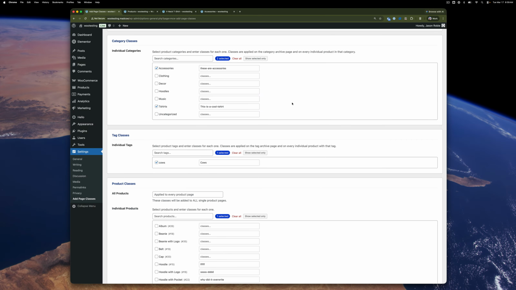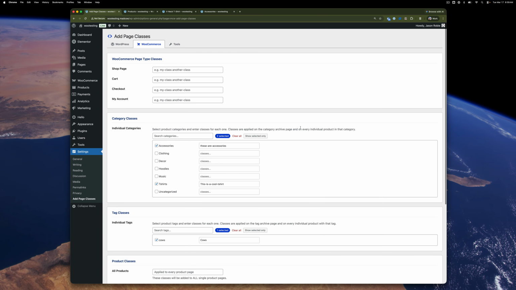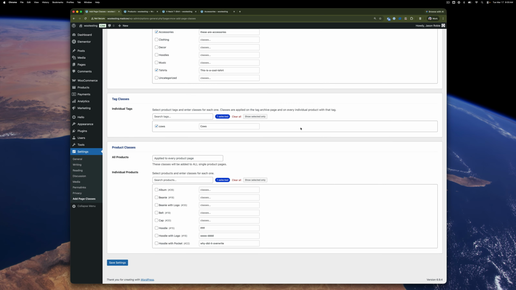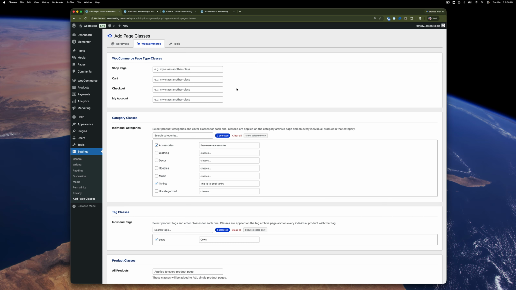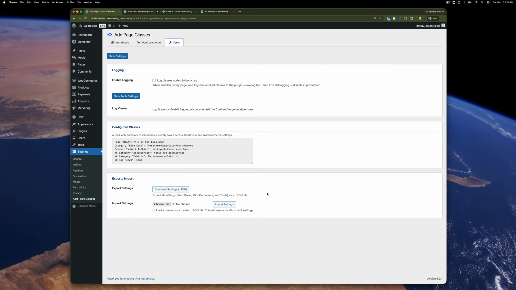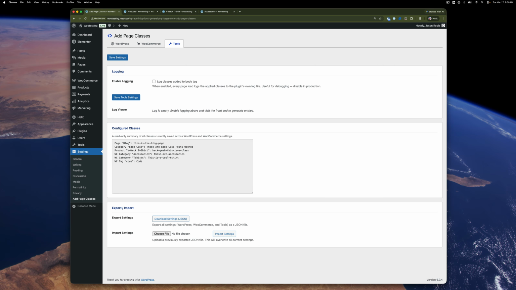Now, so that's it on the WooCommerce. But something that you might have just thought of as I was doing this is like, where the heck are all my classes? So under tools, we have this handy little list that will tell you which classes are showing up where, which is pretty handy. The other thing that you might find handy is if I log the classes,